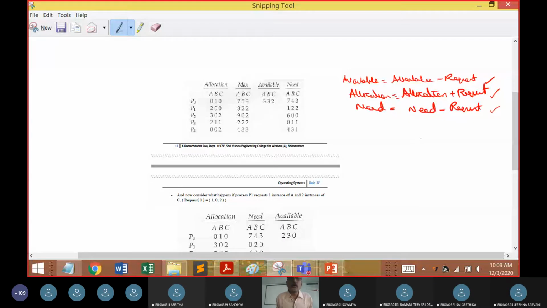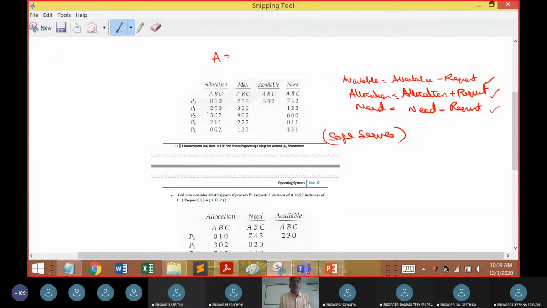This is the matrix we are going to have, and we have already derived a safe sequence, the order in which it was done, and we have available instances as 3, 3, 2.